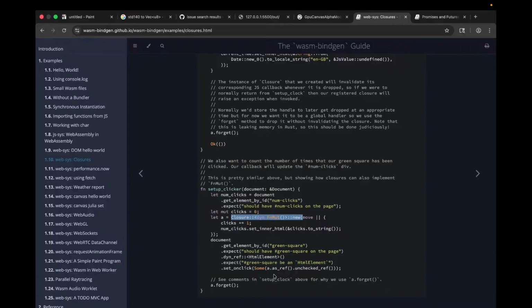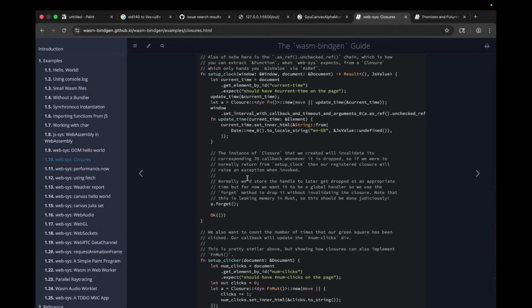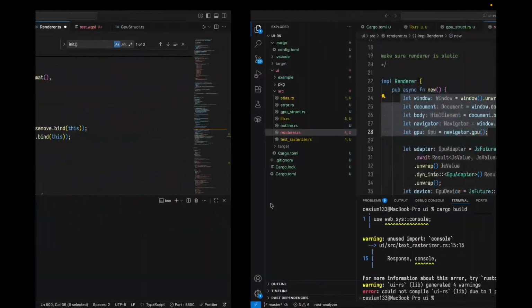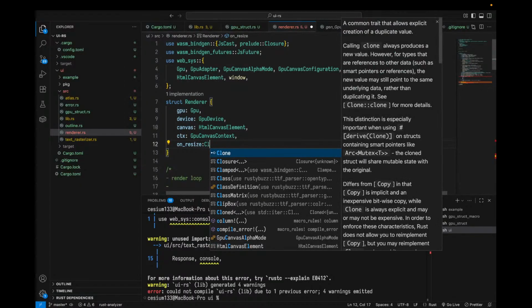There's like some story of forget. See comments inside setup clock above for why we use forget. Normally we'd store the handle to later get dropped at the appropriate time, but for now we want it to be a global handler, so we use the forget method to drop it without invalidating the closure. So, oh, okay. So what I can do here is on resize, and it's gonna be a closure,